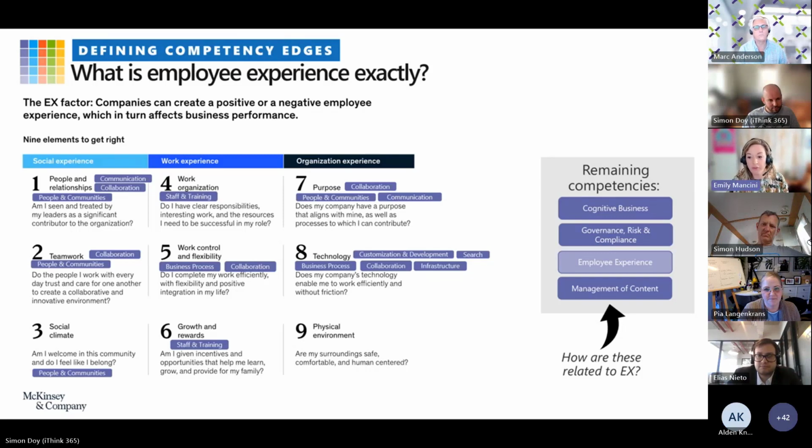I took a lot of notes. I agree. Thanks for sharing that perspective. I hadn't considered including the hybrid setup in that area, and that makes a lot of sense how that impacts your collaboration and even, as you called out, your communication and that transparency reflecting the culture. Anybody else?